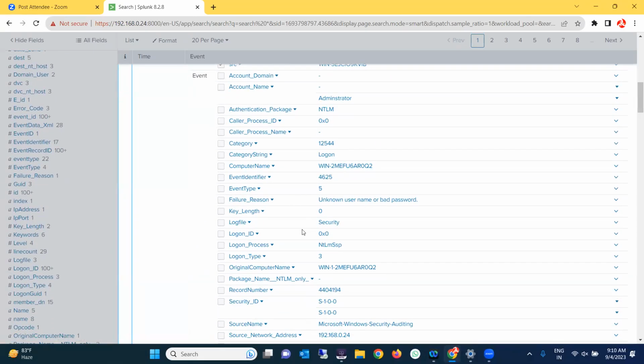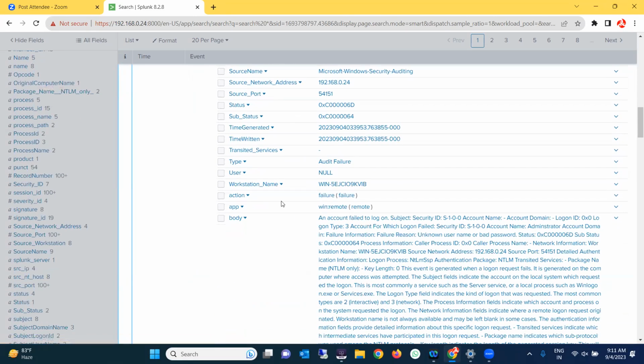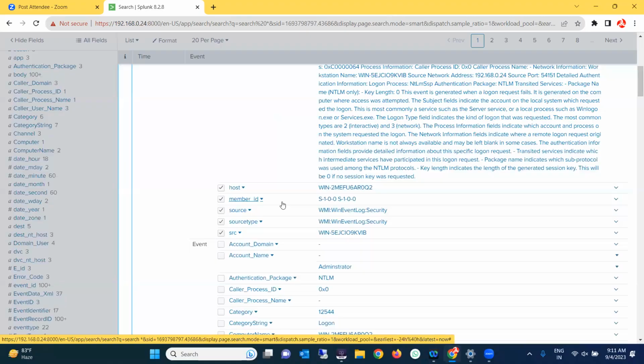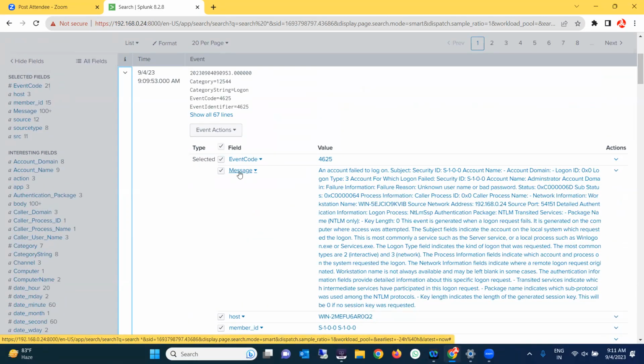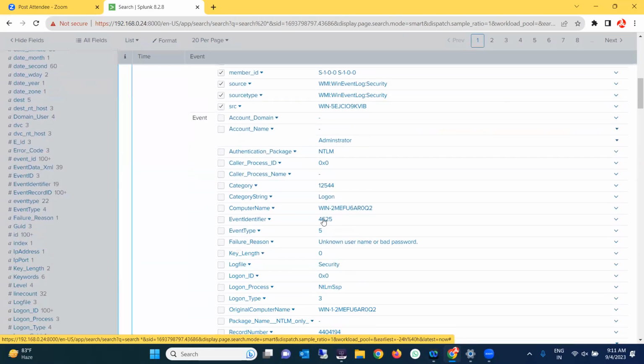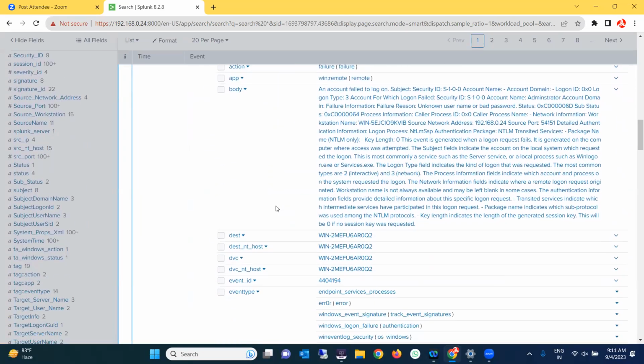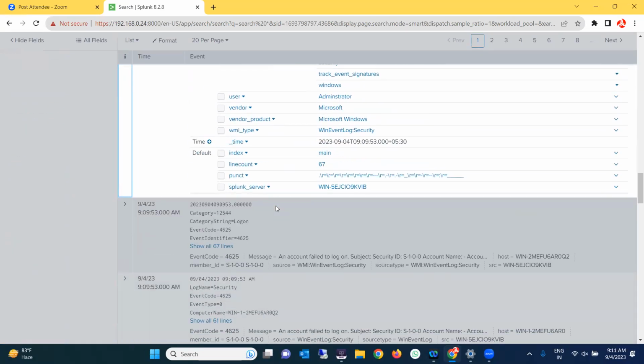You can see it's individual fields, each with proper mapping, easy to understand. This big data was under the message only, but in the raw log it was not clear; there was so much mashed up. But here you can see proper mapping, proper parsing, and the breakdown happens properly. Clear? Understand? So this is what we call